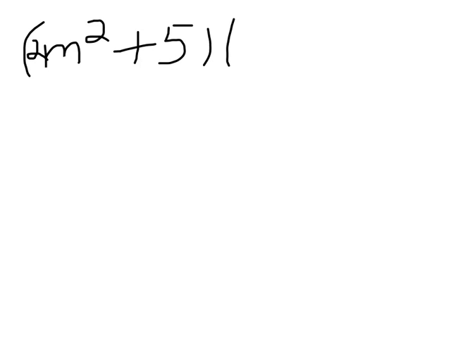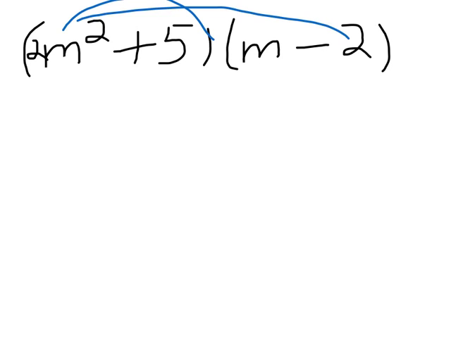So the last one I want to go over is something with a negative sign. So let's do m, I don't know what I want, m&ms, I love m&ms. m plus, let's actually make that a 2m plus 5. Let's make this one an m minus 2 and see what we come up with. So let's go with a blue and go first to the first to the second, which ends up giving me